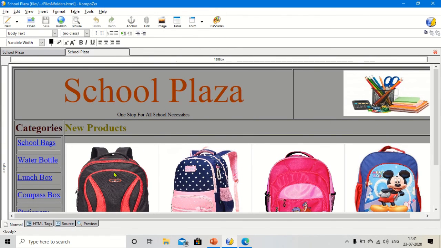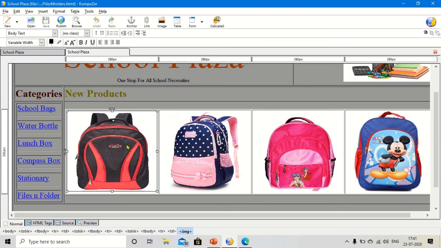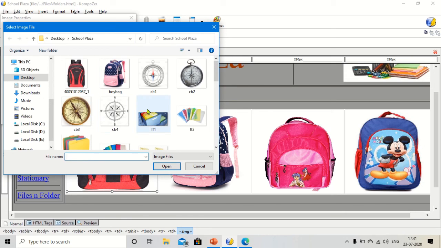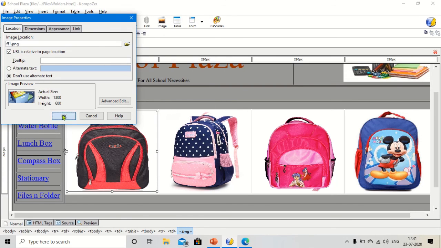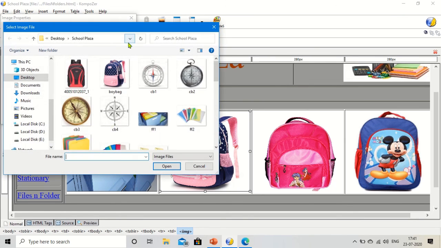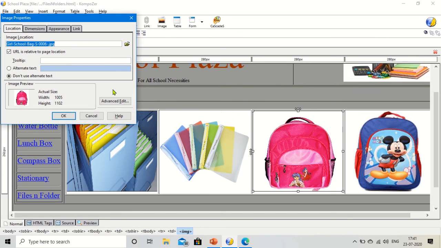Here I want to change this picture and all this. Okay, so just double click here and select here files and folder. I'm taking this one and okay. Similarly, double click here and choose another file and folder, and similarly double click here.